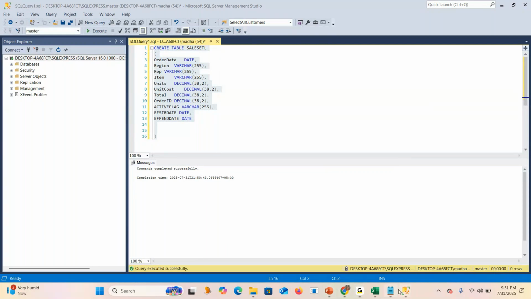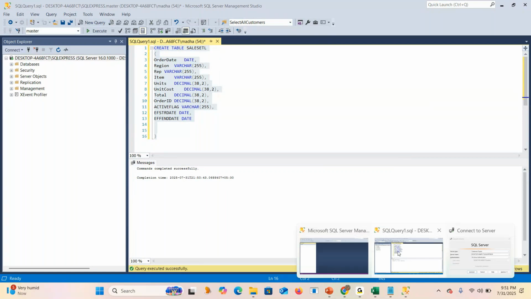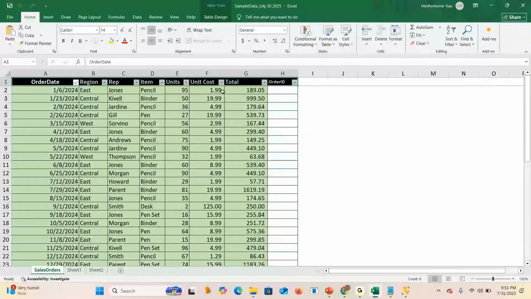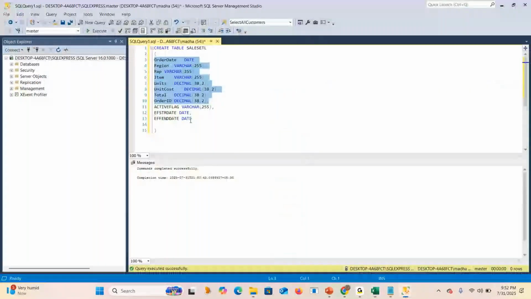So now what I did, I made the table ready. I've created the table. Order date, region, rep, item, units, unit cost, total, order ID: all these columns are there in the source, right? So this is the source. Only these columns I have there. Why have I added active flag, effective start date, and effective end date?